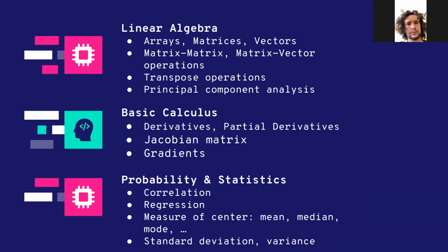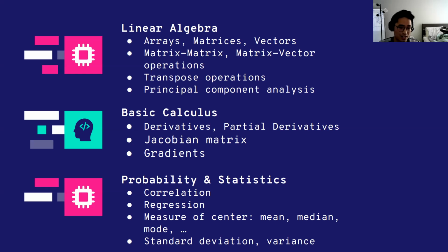Just to give you a breakdown of the kind of math you would expect in machine learning, we have three different types of topics. We have linear algebra, which makes up about 40 to 50% of machine learning. We have basic calculus, whatever you learned in high school: the derivatives, the partial derivatives. The Jacobian matrix is also probably something you learned in high school, but also in college. If you forgot about it, that's totally fine. I do have some resources for you at the end that you can take a look at.